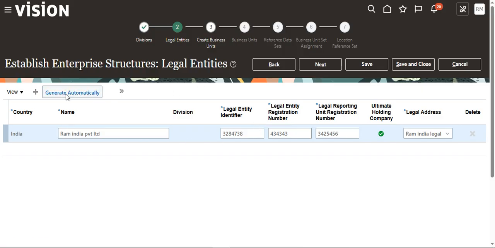For example, this generate automatically option is based on the division setup. The legal entity is automatically generated using these options. Otherwise, if you want to add a legal entity manually, you can use this plus symbol, add row. Okay, one by one you can add it here. And next,